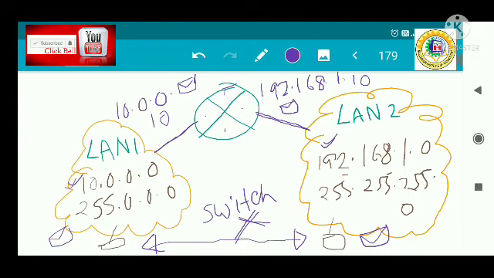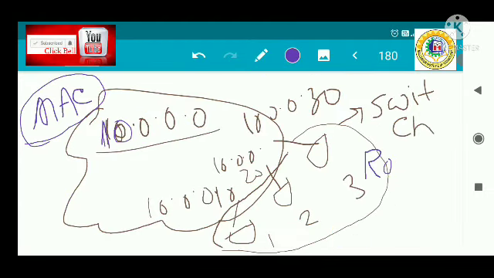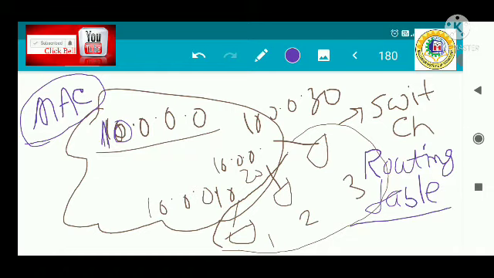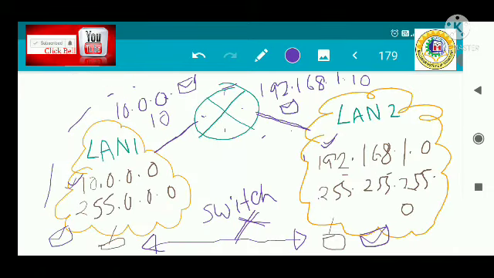The router forwards this data by consulting the routing table, and it forwards the data to another network. There is some physical address of each machine,